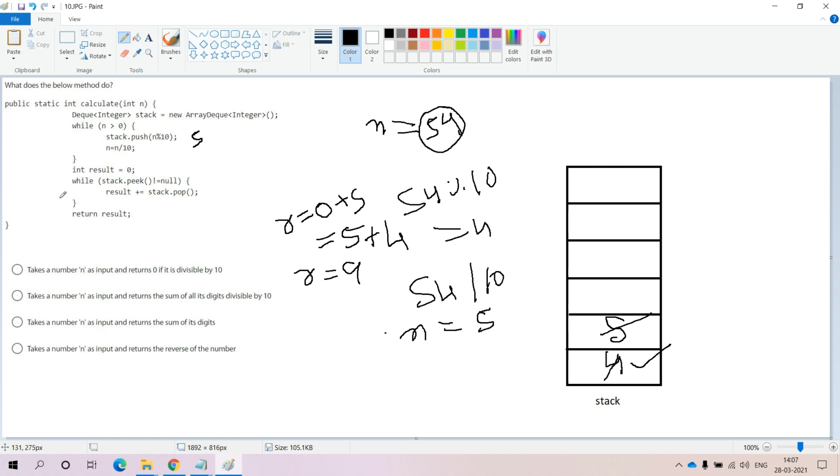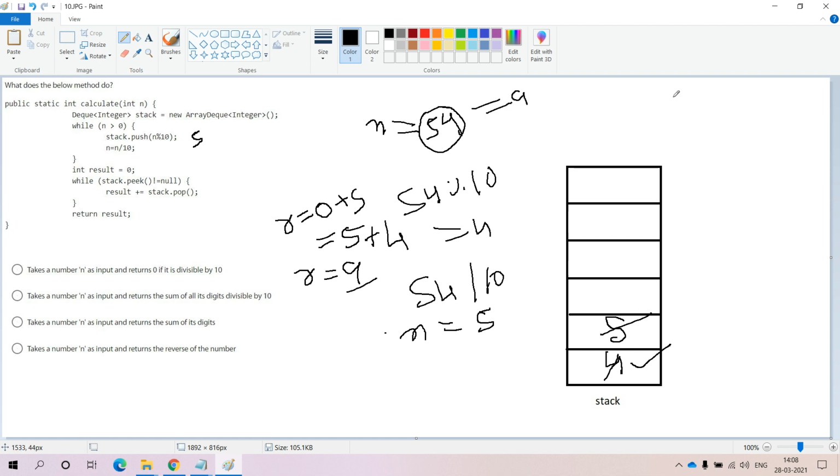If you are going to repeat one more time the while loop condition, try to check the while loop condition. Stack dot peek, none of the elements are available in the stack. It is an empty stack, so that we can't do anything with the help of this while loop. The condition will fail. And coming to the next line, from this entire function we are returning the result. What is the result that we are getting? 9. That means whatever the number that we are taking, that number's individual digit sum we are getting as a result. So 5 plus 4, you will get 9.